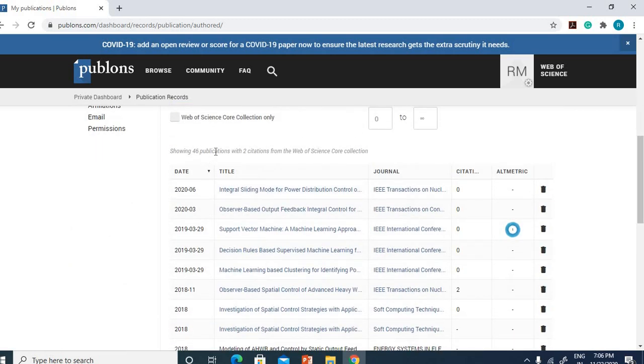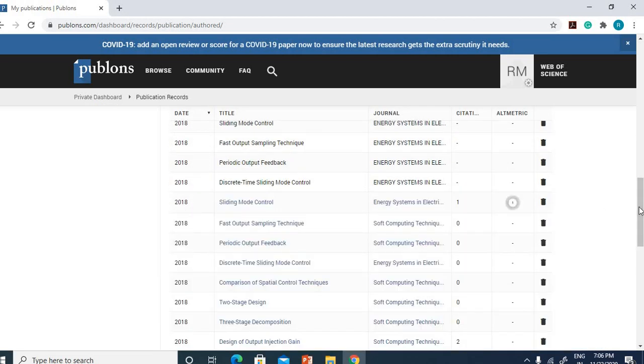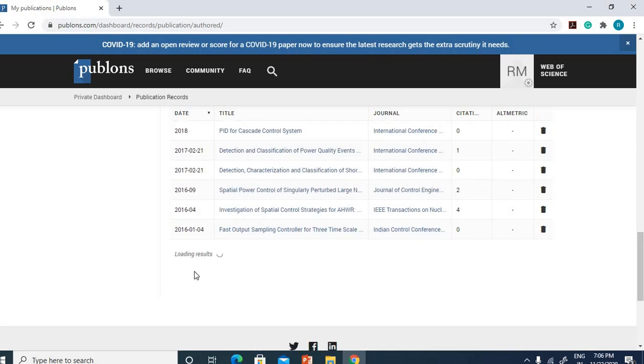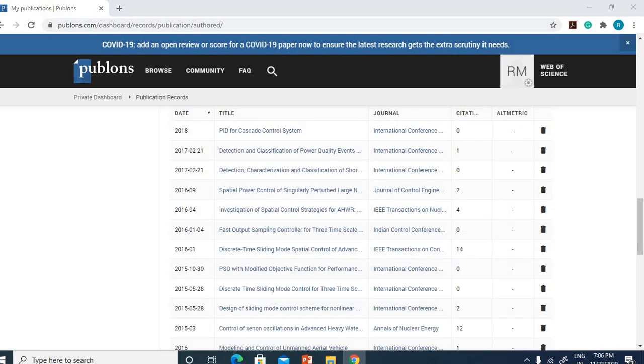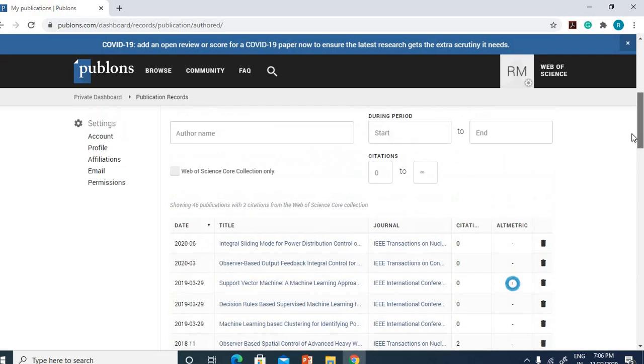Here it will update 46 publications with 2 citations from the Web of Science core collection. It's loading, right? If there are a large number of publications, it will take some time. No more results, so all the publications have been loaded here. You can see here 46 publications with 2 citations.